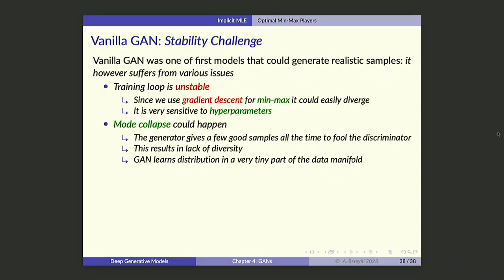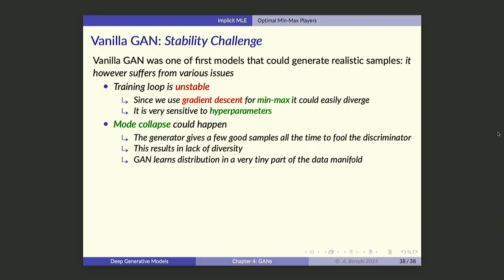And what is the idea of mode collapse? The idea is that sometimes, since you are doing everything numerically, your generator starts to generate some good samples. And those good samples are going to be given to the discriminator. It's going to get fooled, right? And since it's fooled, now it's going to send back no gradient, right? So the generator starts to learn that, okay, I only need to just give out those few samples. I can just confuse the discriminator, right? So